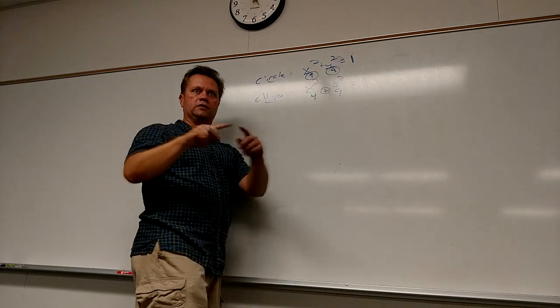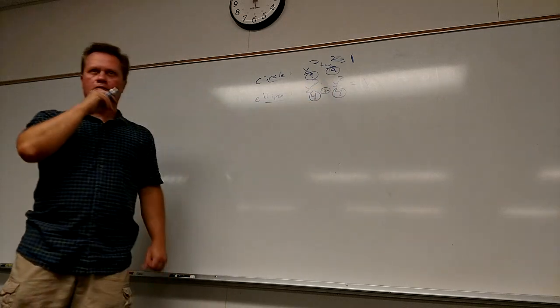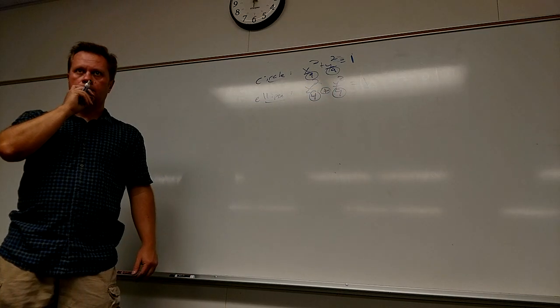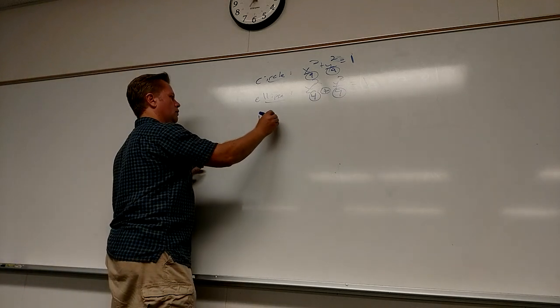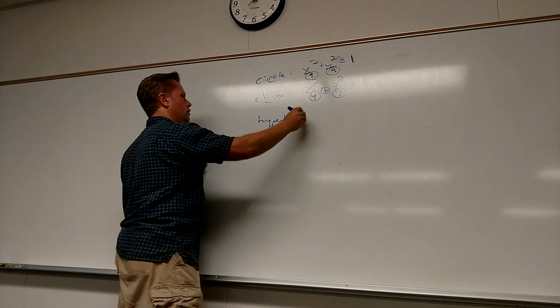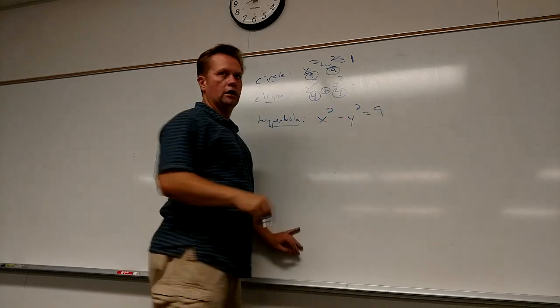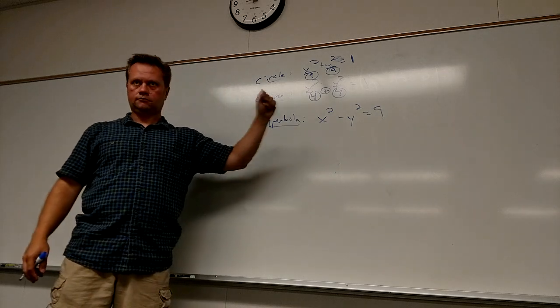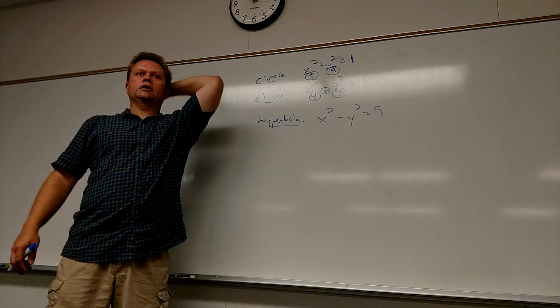It's got to be perfectly symmetric. Here, the x and the y direction are different. So that's going to be an ellipse. And to make a hyperbola, it just has to have different signs on the x squared and y squared. That would be a hyperbola. Well, there's more detail for each of those, but